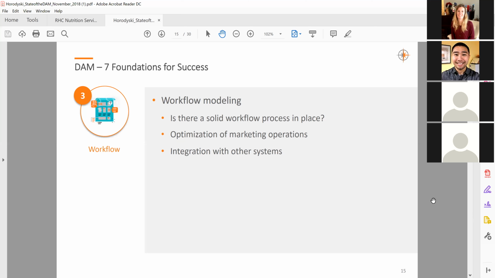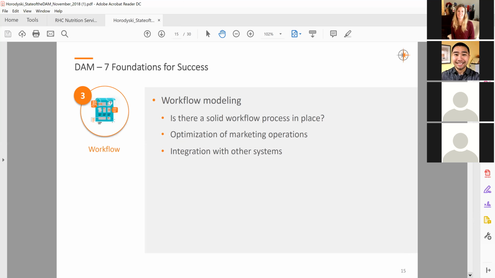Obviously, a DAM may be integrated with other systems within the organization, such as a content management system, perhaps, or a web system, maybe even archival systems. How is that workflow affecting not only the DAM, but its integration with other systems? And my final comment on this is that metadata is very much associated with workflow, because you're able to map assets with metadata and then see how workflow may proceed through the organization as it goes through the life cycle.